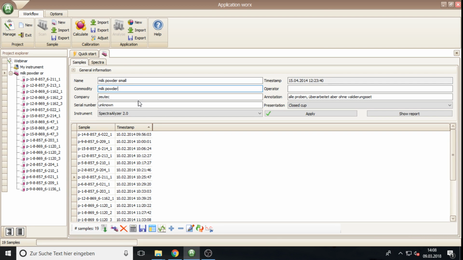Then here the commodity. The samples are from milk powder. It's already noted here inside this. If not, you should mention this so that you know what product you are working with. You could enter here the operator name, for example mine, David Kaliber. Here you could put in your company name, or maybe the name of your customer's company if you're working for a customer. Then you could do here some annotation